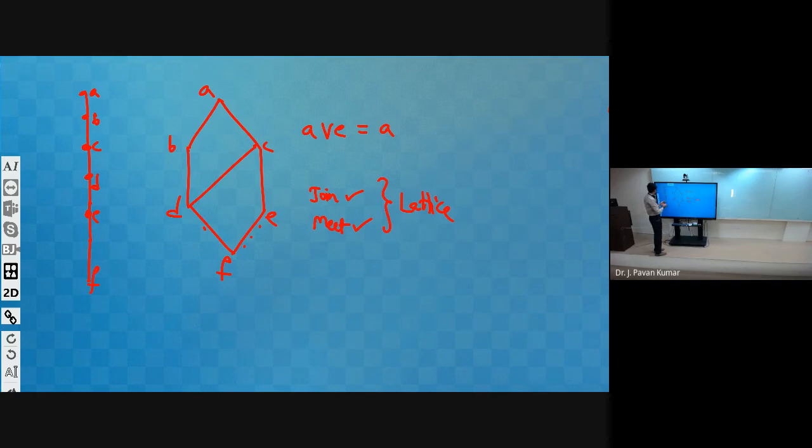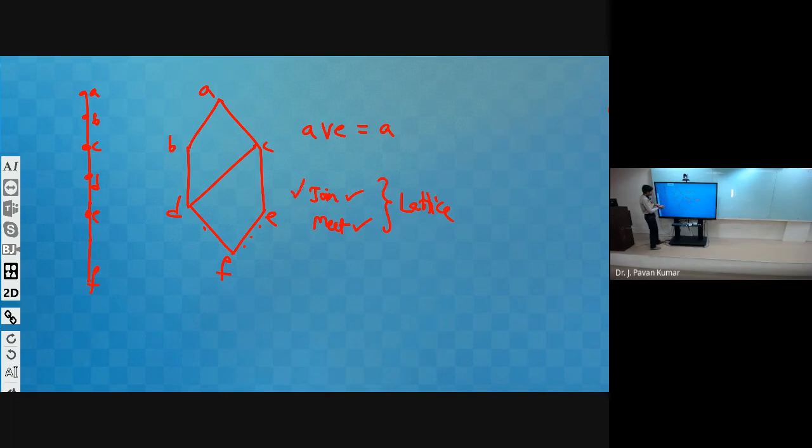Yeah. So now F is related to E. What is the upper bound? Upper bound includes E, D, C, B, A. Out of those, least upper bound will be E. Similarly, D, E will be having least upper bound. CD will be having least upper bound. Next, BC least upper bound. BA least upper bound will exist. So for every pair of vertices, we are having least upper bound. That is join we have. So it is join semi-lattice.